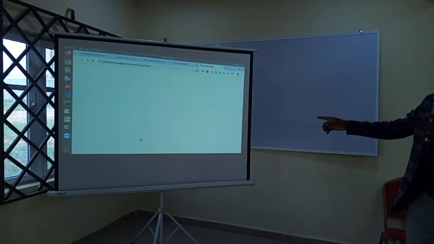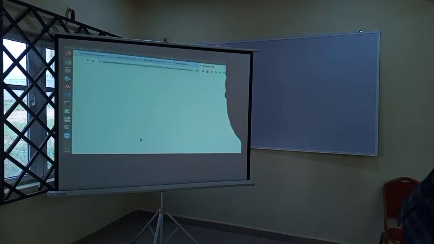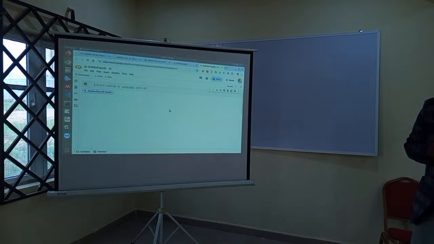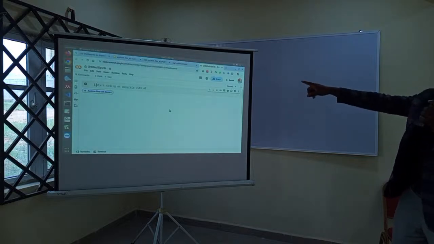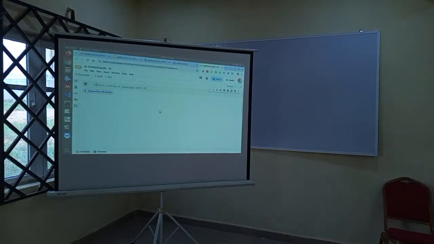So I'm clicking on New Notebook. So it shouldn't take this long. Very good. So now you can see what it is showing. Okay. So on the top left corner there, you can change the name of the title. Okay? Can you see this? You can give this analysis you are doing its title, the name of this file,